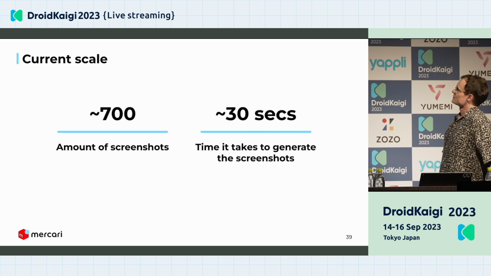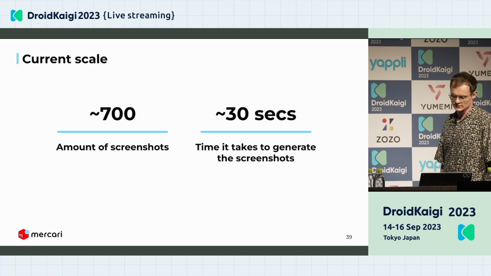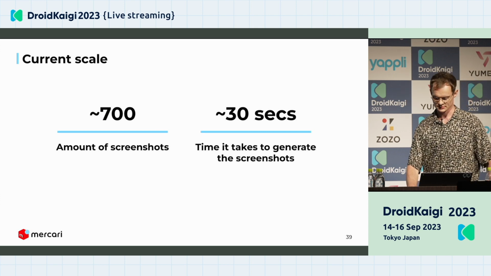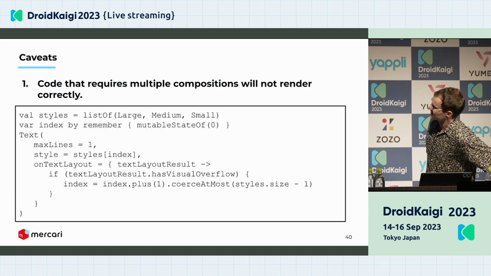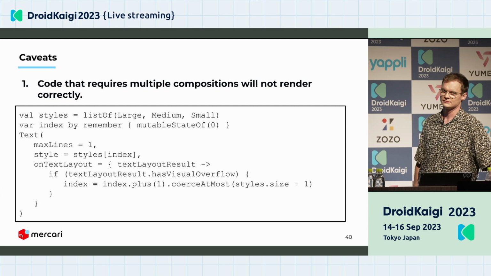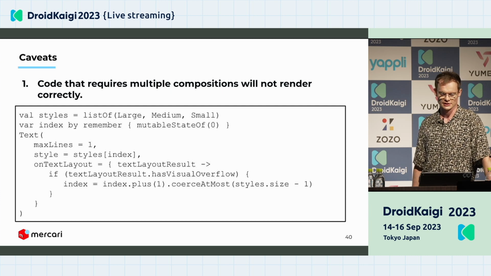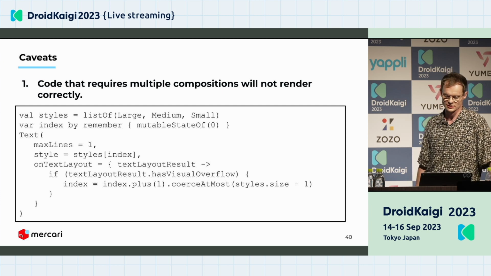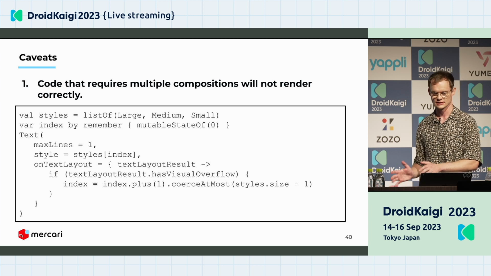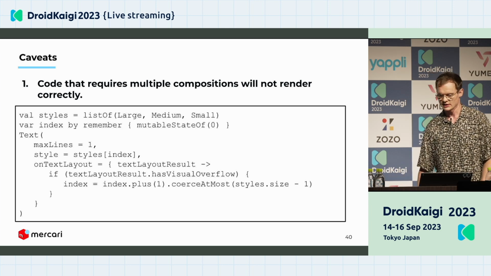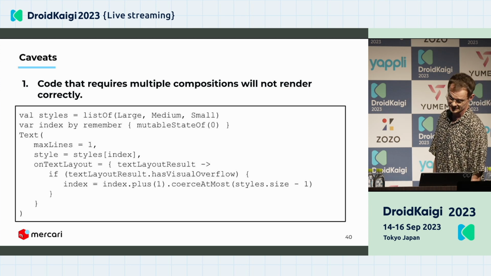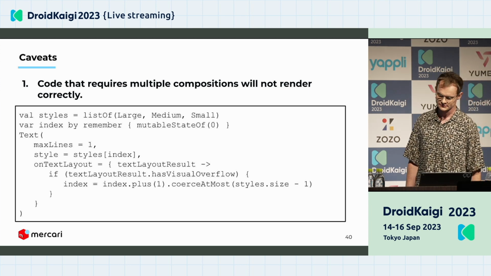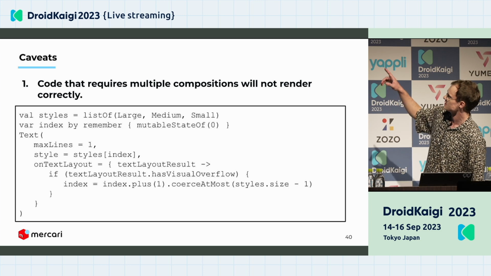There are also some caveats that I want to talk about that have hampered further adoption a bit. The first one is this one. We're using Jetpack Compose for all of our UI code, and when using Jetpack Compose, even though it is problematic, you might end up writing UI code that requires multiple compositions to render correctly. For example, I put some rough code on the slides here